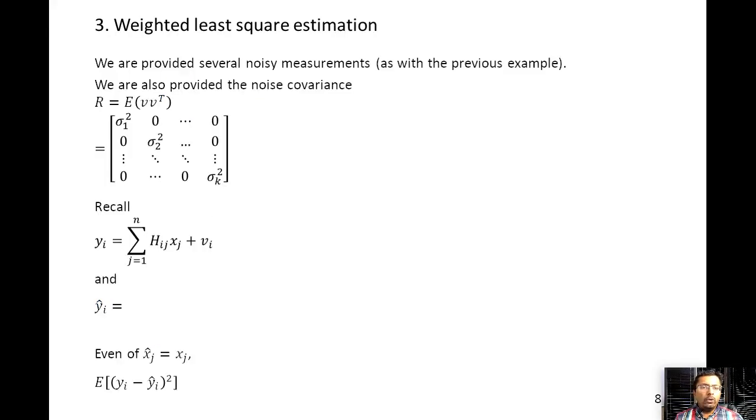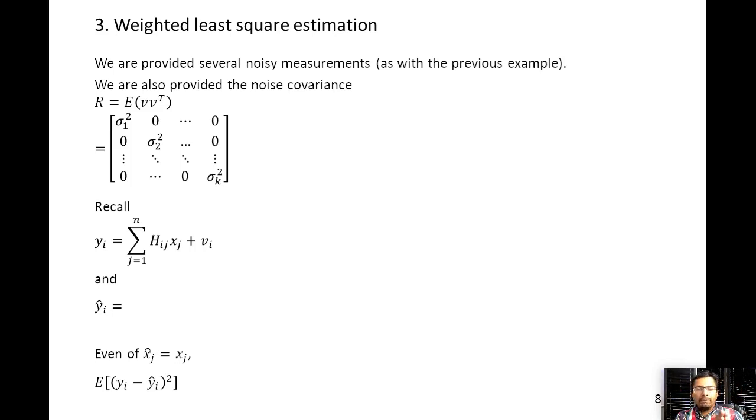So next we're going to look at what's known as the weighted least square. This is an extension of the least square method we just discussed and solved the problem with. In the previous case, you assumed all of the noises had the same size, or the same noise covariance. Then you could just minimize the overall sum of the noise. So essentially you're minimizing the sum of E1 squared plus E2 squared and so on and so forth.